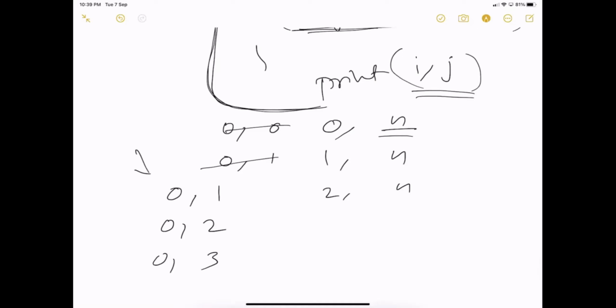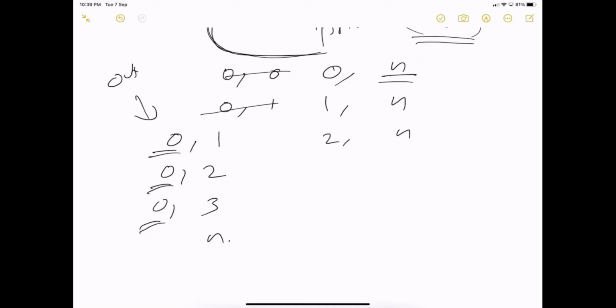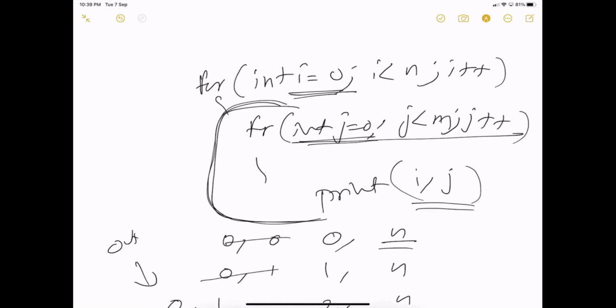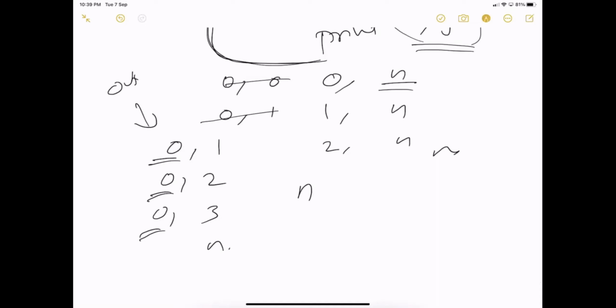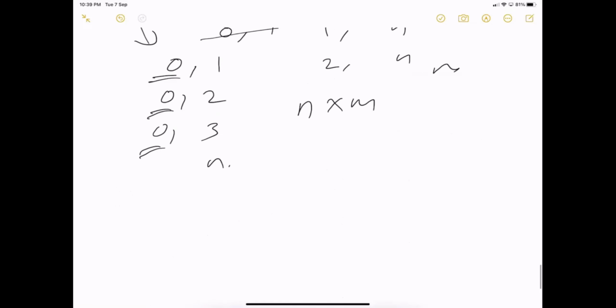So this i will be of the outer loop, right? For the outer loop, you are now at 0, and for every iteration in the outer loop, your inner loop will execute from 0 to n. That is, if your outer loop size is n and inner loop size is again n. For clarity, we can call it m. If your inner loop size is m, then how many times will this loop completely get executed? It will be n into m. And if both of these are n, then it will be n into n, which is n square.